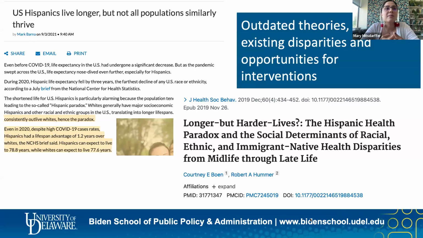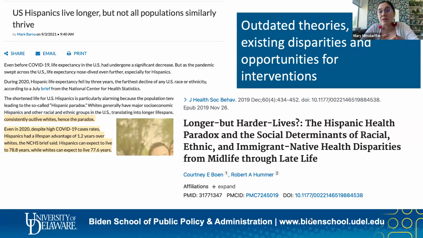What we know, Bowen and Humber came out with a study in 2019, where basically they find, yeah, Latinos do live longer, but they suffer in disease states longer as a result of that. And there's less intervention and intervention strategies applied towards the Latino population. And this is partially because of the ways in which we measure. And we're going to talk more about how we measure and how we group folks and intentional ways that we can think about measurement on the ground, as well as ways to challenge these outdated theories or to repurpose them in a different way. So right now, the average Latino life expectancy post-pandemic is about 78.8 years.